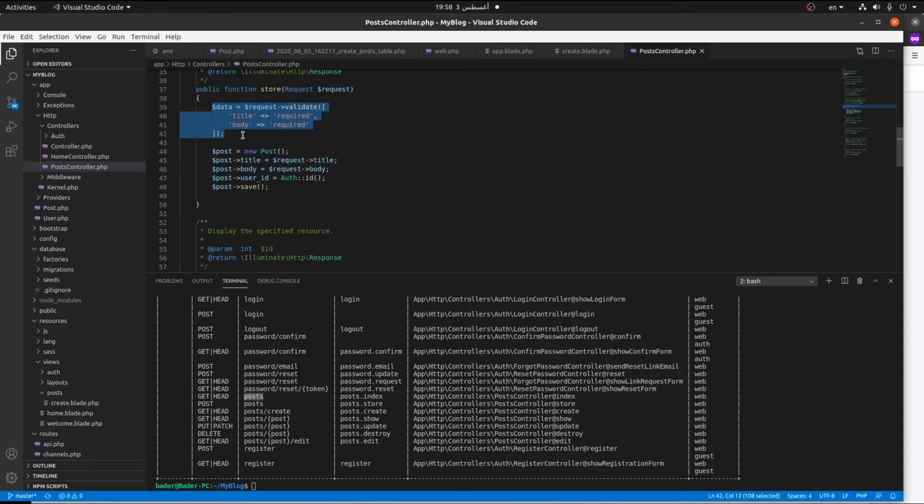But there's a problem now. The user doesn't know why the post is not submitted, or why the post is not read by the system. We will type a message to the user that something is wrong. Please double check your credentials or the data you are inserting in our system. Let's go to the